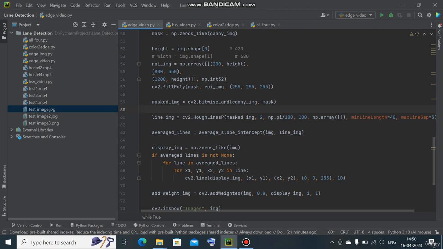Why? Because we use ROI extraction in only particular three coordinates. These are the three coordinates of the three edges of the road, the triangle shape road, so it can't detect other sides when it is turned. To overcome this, in the image manipulation algorithm itself, we have tried with